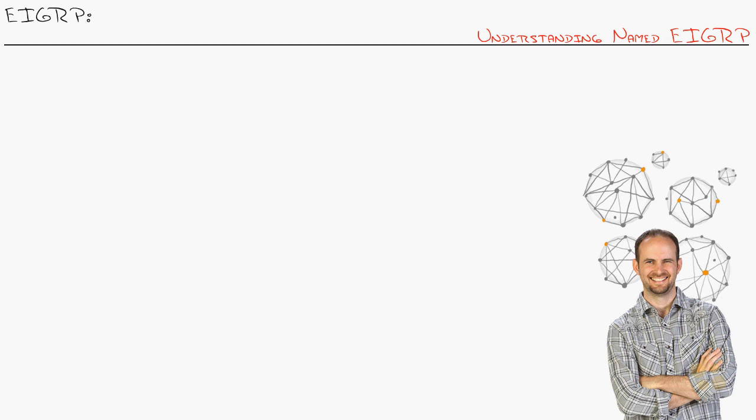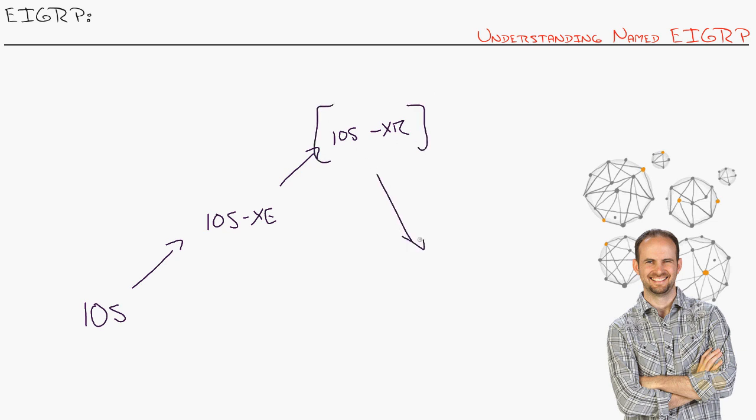Understanding named EIGRP. Some of you may know that the IOS has been going through transition, meaning the IOS, which is what made Cisco famous many moons ago, has been transformed into IOS XE and then IOS XR. Now, when this first happened, I was actually at Cisco Live when the XR release was rolled out, and I took a picture of myself standing next to one of their CRS-1 routers, and I was like, this is going to be awesome. This IOS XR is going to make its way to all of the mainstream Cisco routers because